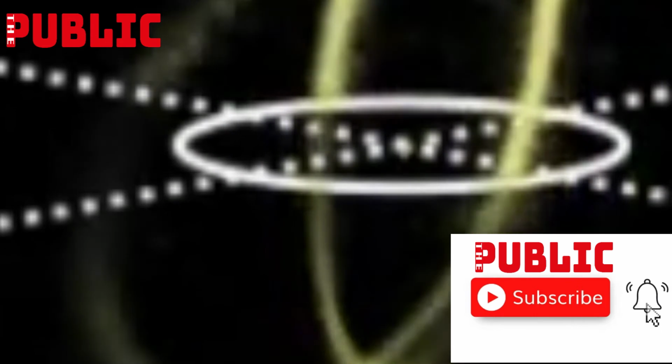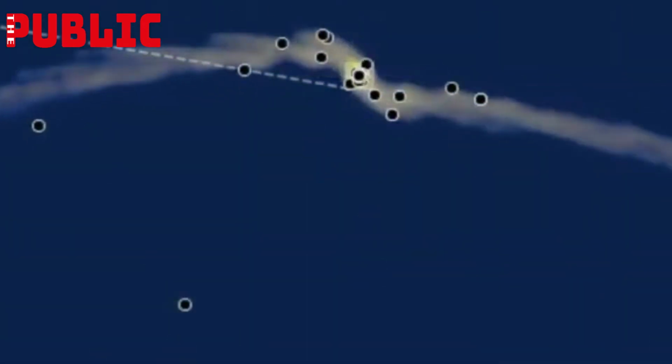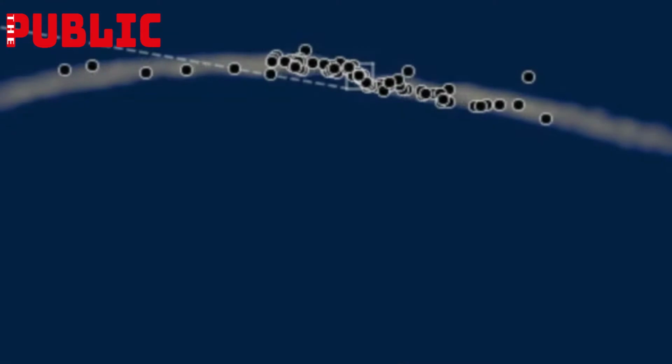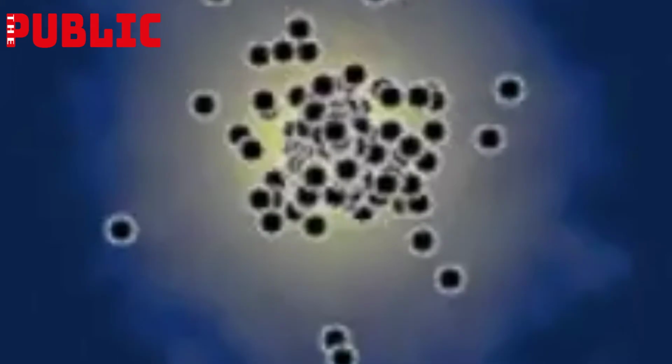Tidal streams are streams of stars that were ejected from disrupting star clusters or dwarf galaxies. In the last few years, nearly 30 thin streams have been discovered in the Milky Way halo. Professor Gieles explains that they do not know how these streams form, but one idea is that they are disrupted star clusters. However, none of the recently discovered streams have a star cluster associated with them, hence we cannot